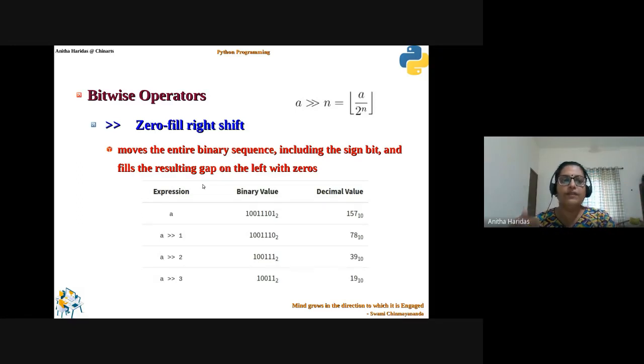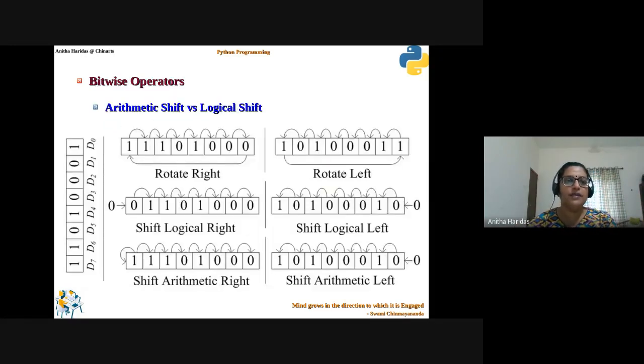Now, whenever we are using the bitwise operators, it will go for arithmetic shift or the logical shift also, right? So this is the basic difference between logical shift and arithmetic shift. In the same way, this is the difference between logical shift left and arithmetic shift left. Now let us observe what happens. A rotate operation we are not going to discuss here. We are going to take only the shift operation.